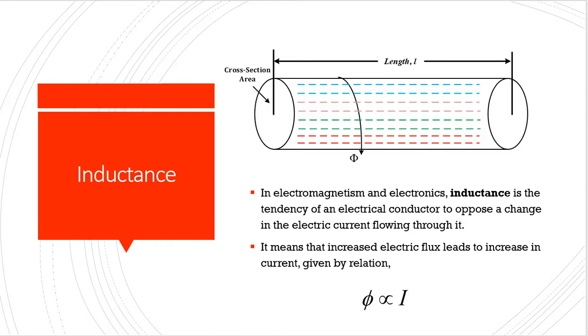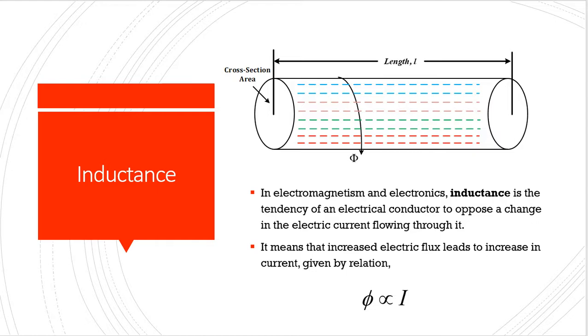As we can see from this diagram, there is flux moving on, and if we consider that these lines are representing not the parameters in this case but the electric lines of forces, therefore we can say that the more the electric flux, the more the electric lines of forces or the current is passing through a conductor, the more will be the effect of flux, right? Then when we consider this condition, we can say that electric flux is directly proportional to the electric current that is flowing through a conductor.